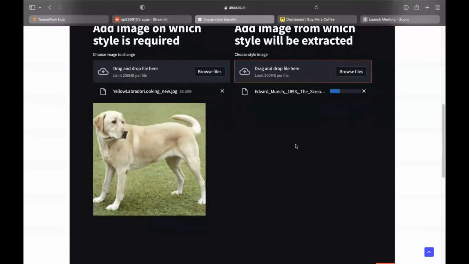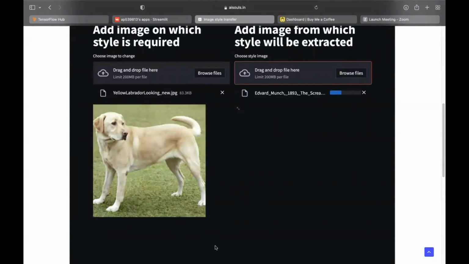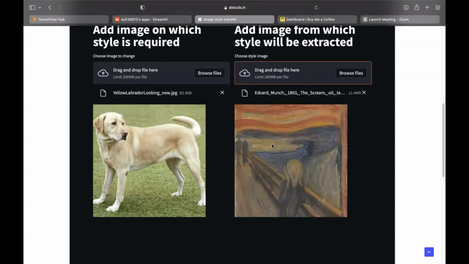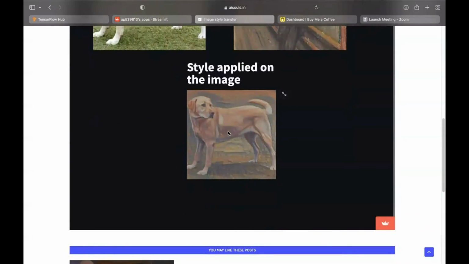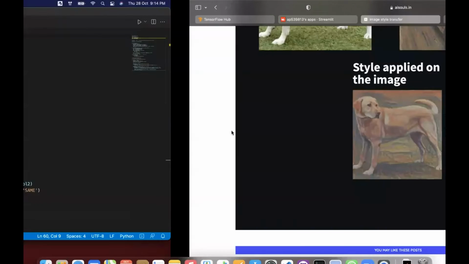Let it load. If you notice, the output will be in the center, because there are 3 columns: first column, second column, and third column, and that's why my output is in the center. Okay, there we go. The output is in the bottom, in the middle. That means we have 3 columns, and that's why we are going to create 3 columns now.